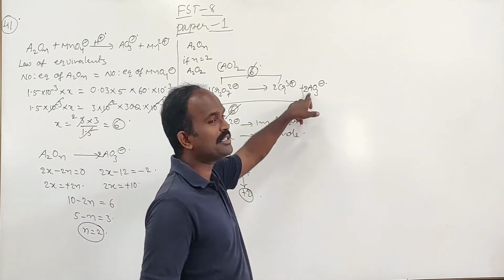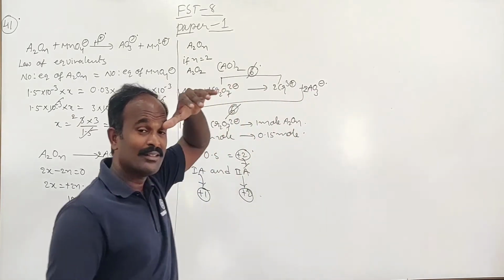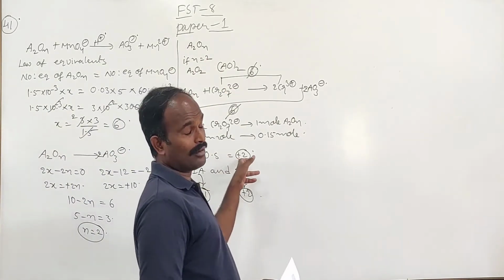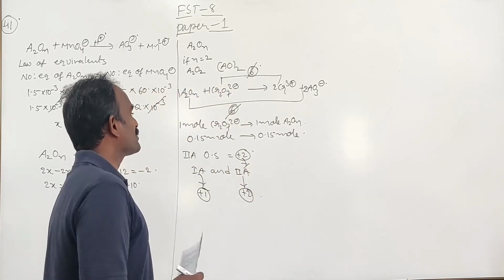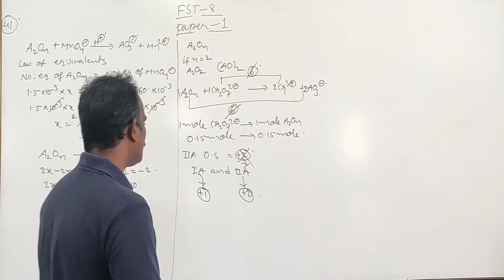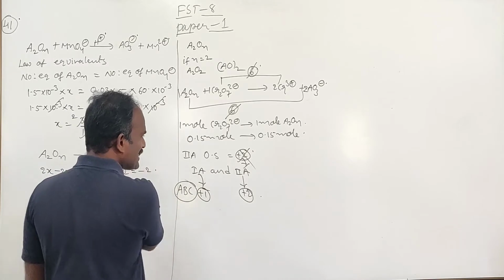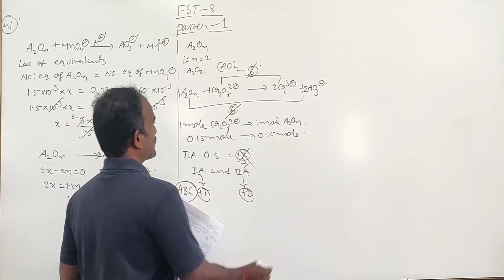Here what is the oxidation state? It is going to be around plus 5, plus 2 to plus 5. Therefore it is undergoing oxidation. If it is a plus 2 second A group element, how can it undergo oxidation? It is not possible. So it definitely does not belong to the second A group element. Such that the options that are correct are A, B as well as C. These are going to be true. Next.